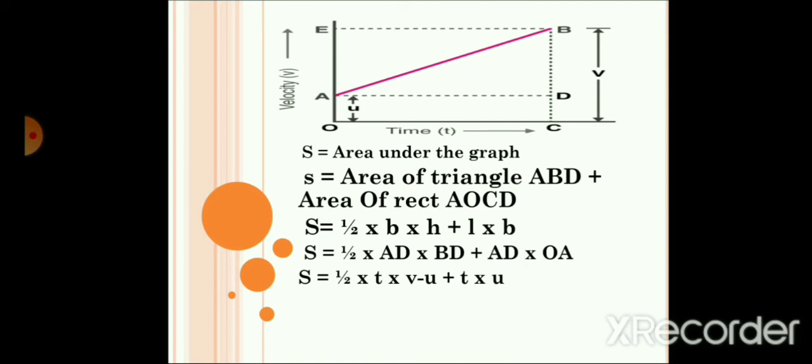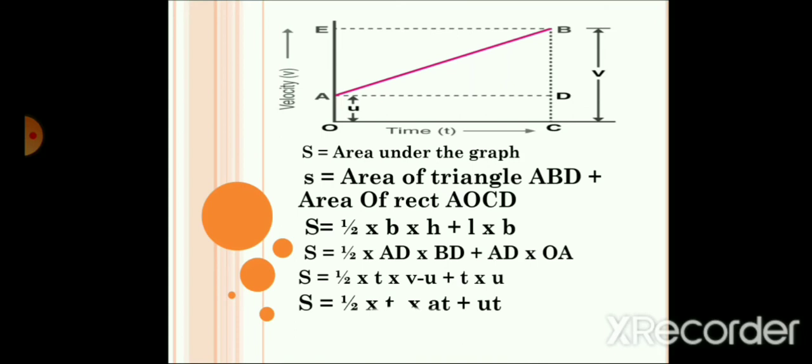So in this equation, when you see the second equation, S equal to UT plus half AT square, do we require V minus U? No, we do not require V minus U. So how to replace this V minus U? V minus U equal to AT. This we get from the equation. When you see the derivation of equation 1, in that derivation you can clearly find out that the value of V minus U equal to AT. So put that value here.